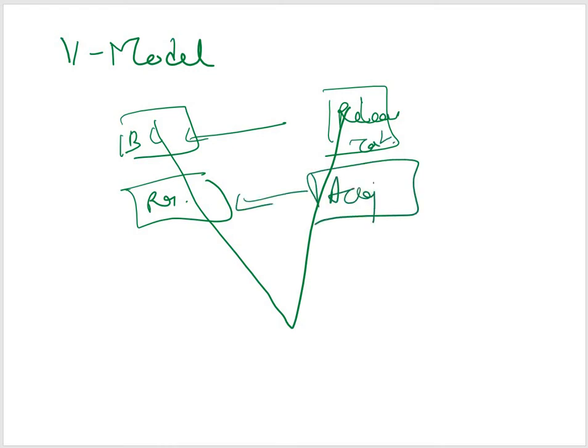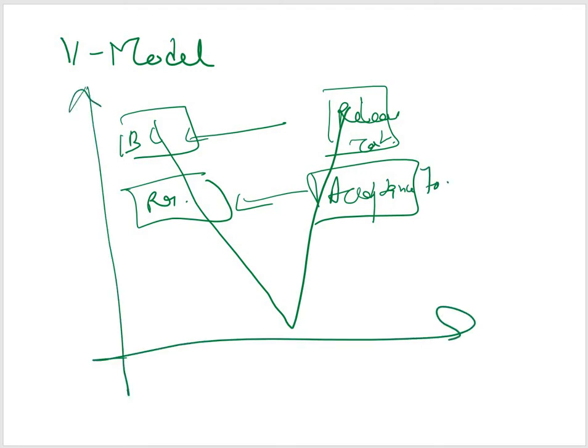Every phase, like your business case, your requirements, we're having release testing, your acceptance testing, and this was saving time as well. Recall one of the discussions, right? I'm trying to connect the dots that in this case we were dealing with a situation where parallel things were going on, and